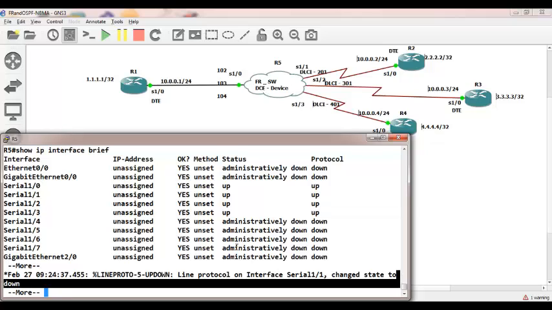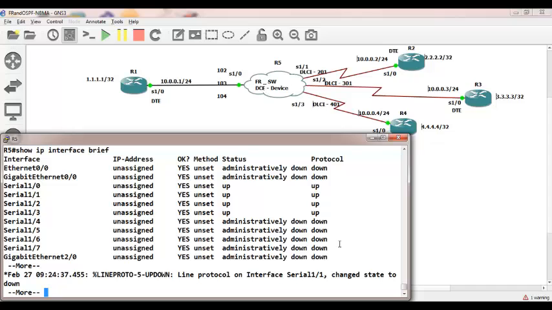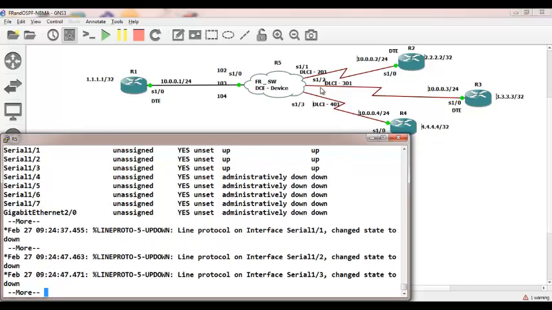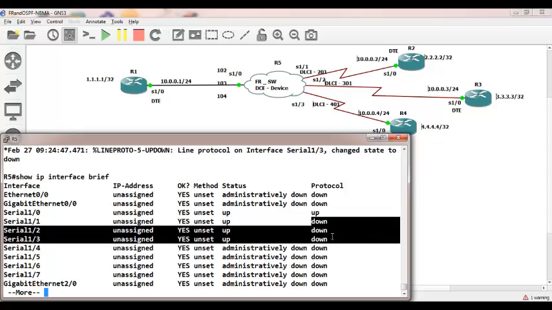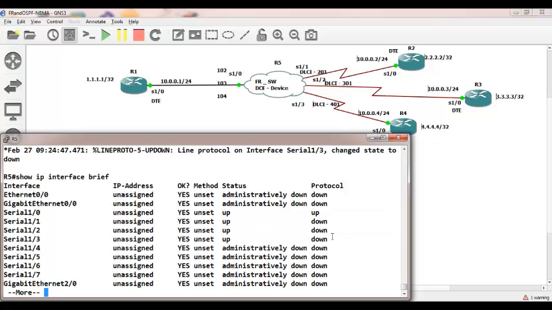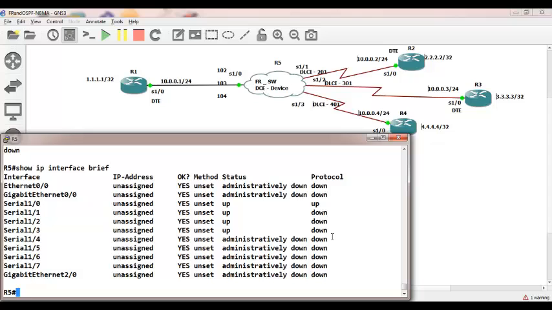The other side is frame relay we have configured. Unless I configure these three, the interface won't be up. Now you see this all gone down. So let us configure the other side. When you configure,